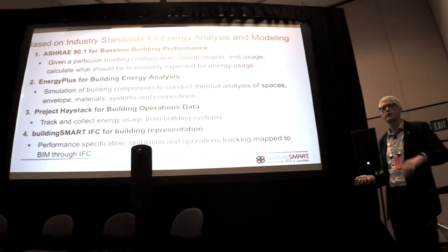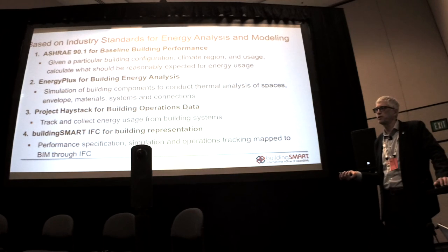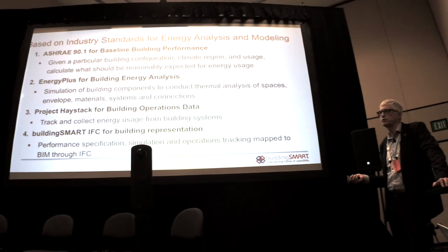And then we used IFC to map all those things too, so that from a model we could predict the baseline, simulate it using Energy Plus, and then record actual data and get a comparison of actual usage to